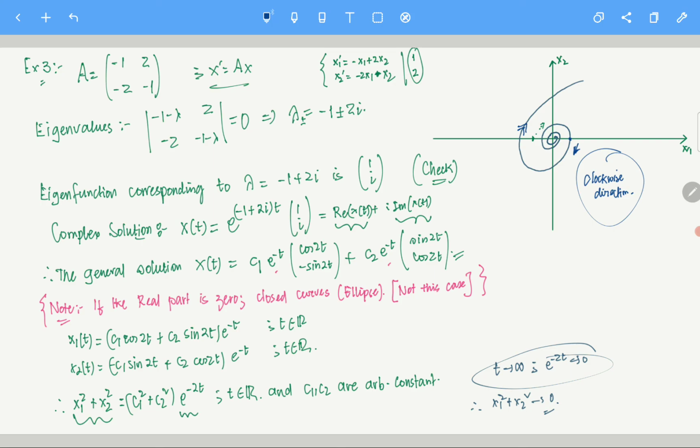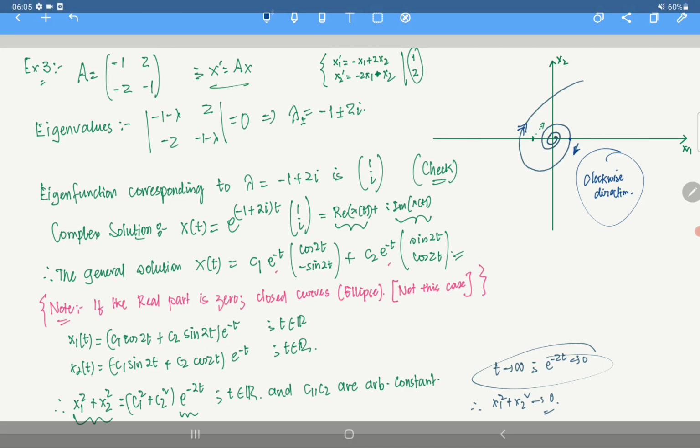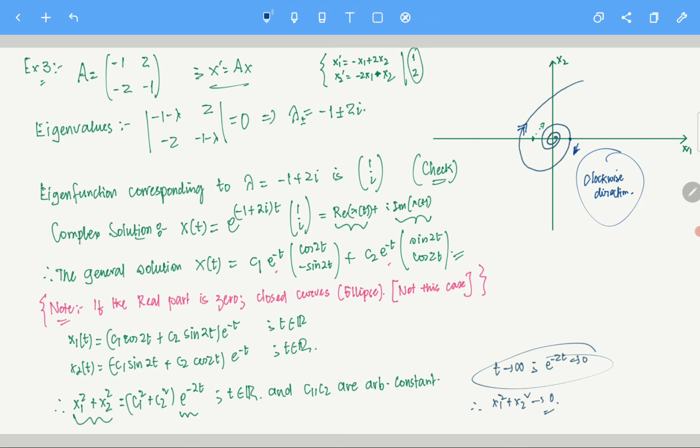Okay, fine. So these are all the cases which we can actually deal with. If the real part is not there, let's say minus 1 is not there, for some matrix it may happen, then your only solutions are 2i. In that case, it will be like circles, and we call those things centers. But here we call this thing a spiral. And is it a sink or a source? You see, it is moving away from the origin. That arrow is away from the origin, so it is called a spiral source.